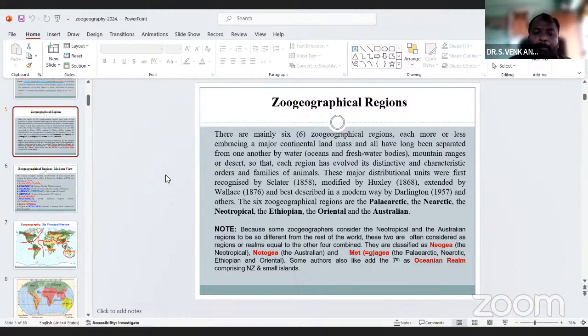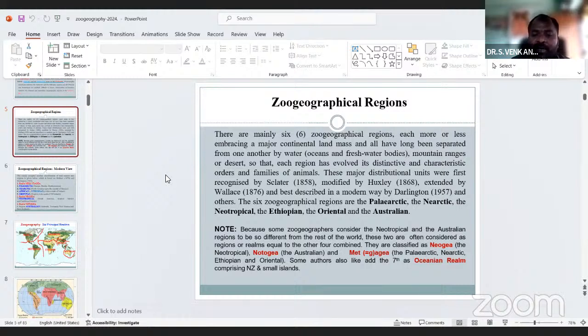Next, because some geographers consider the Neotropical and the Australian regions to be so different from the rest of the world, they are often considered as a realm equal to the other four combined.